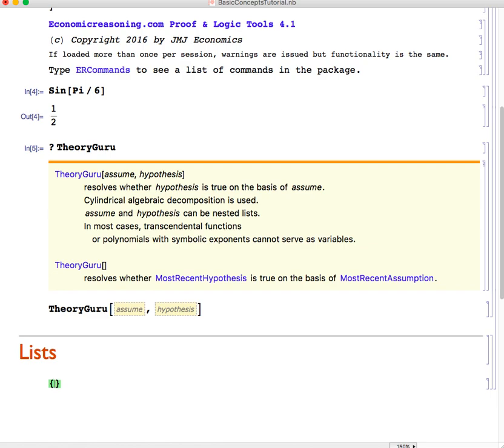In the economic reasoning package, the main reason we look at lists is because we want to have, say, lists of assumptions. So let's start with an assumption list, maybe two of them. We'll assume first that the price is positive, and second, that the quantity is positive. And that's now a list,